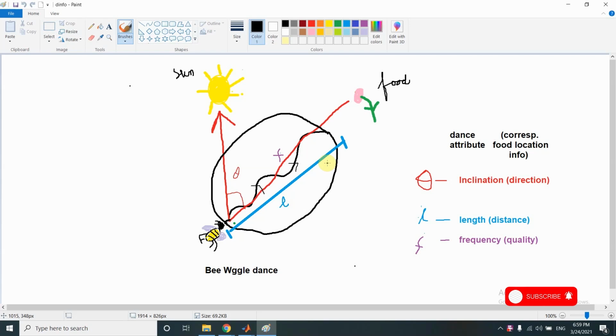But all these attributes of the waggle dance are of no use for our algorithm. This is just for understanding purposes, to see how the bees actually find out the location and quality of the food sources with the help of other incoming, or returning, scout bees. For the algorithm, let us look at what we will be doing now.